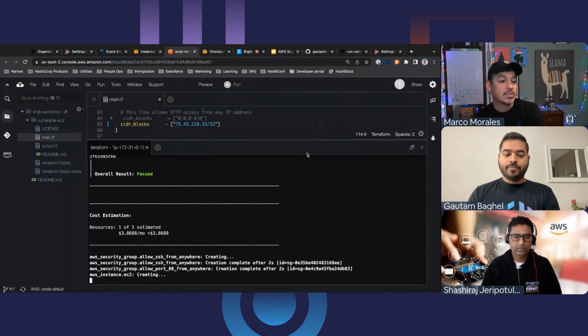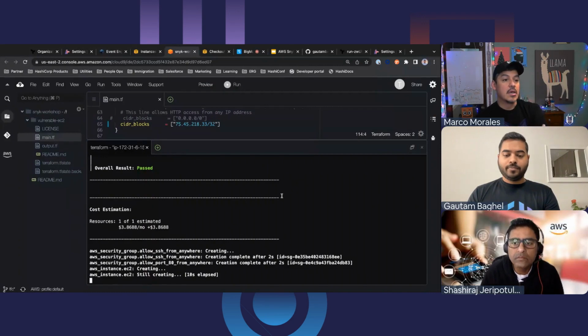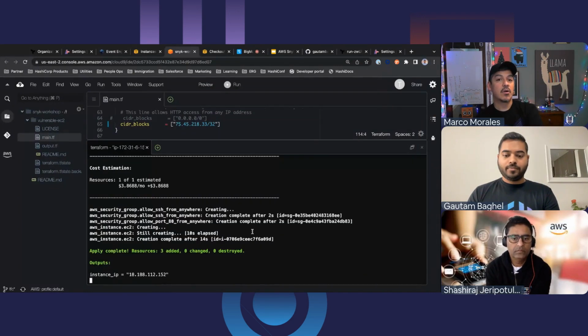Hey, Gotham, there's a couple of questions on there. The first one is, is it possible to use your own key store or HSM module? I'm going to stop sharing my screen. I believe this is in regards to storing the AWS credentials in Terraform Cloud. We have some great examples of how you can do that with HashiCorp Vault and Terraform Cloud out there. I wish I had those URLs handy, but I don't. If you just Google Vault and Terraform Cloud, it'll give you a much more robust example of how you can do the key management.